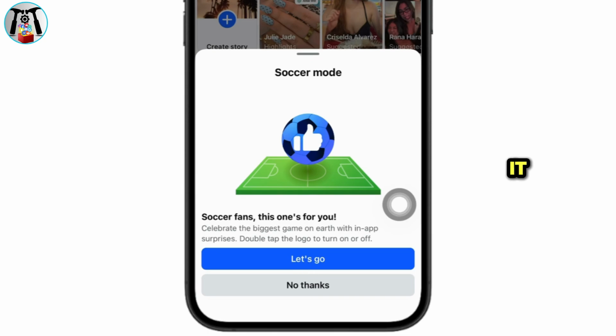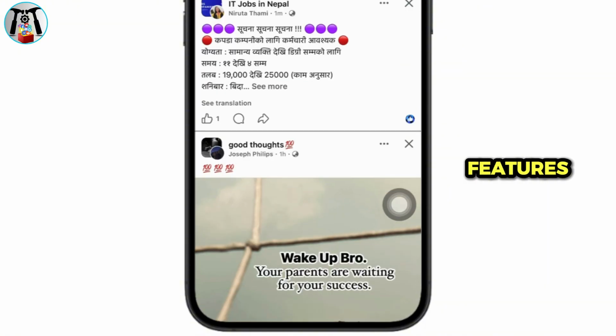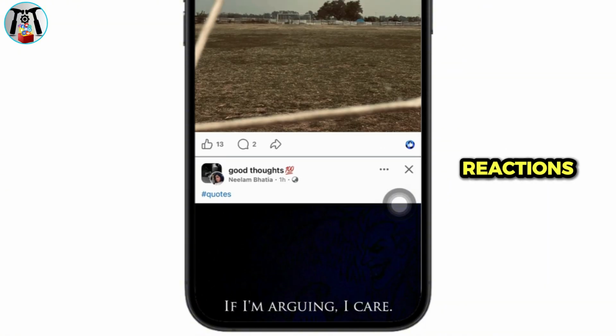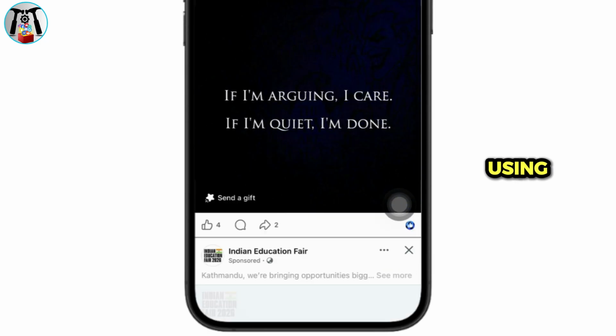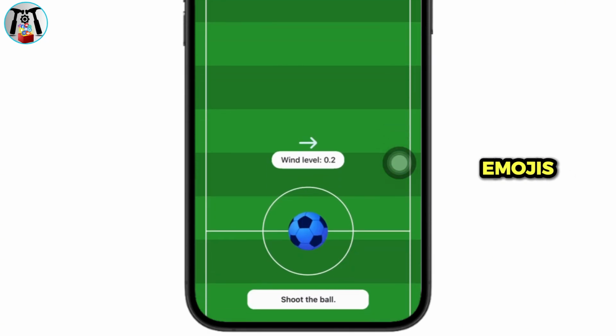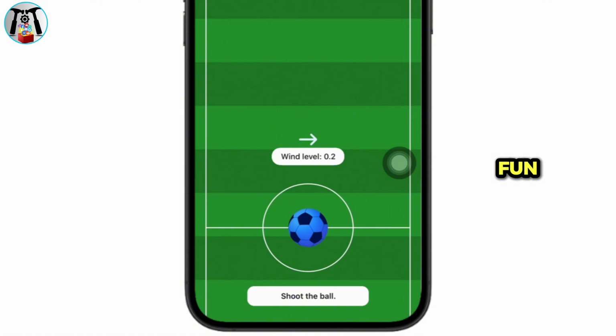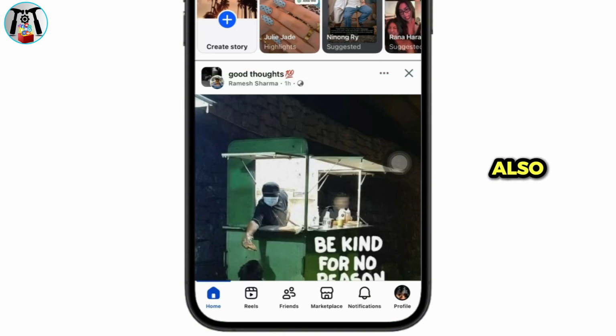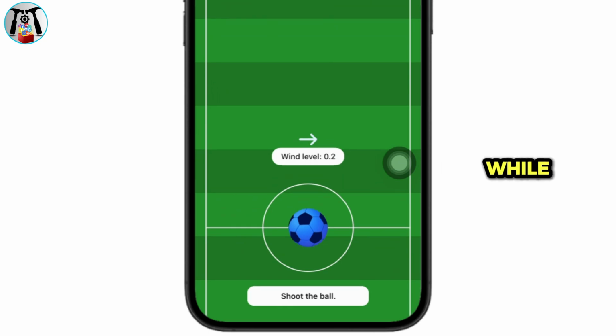After you enable it, your feed will shift to prioritize live match updates, football related content, and special World Cup themed features. You'll also get access to themed reactions, allowing you to respond to posts using exclusive football inspired emojis that make your engagement more fun and interactive. Football mode also includes a hidden football minigame, giving you a quick and entertaining way to play while following the